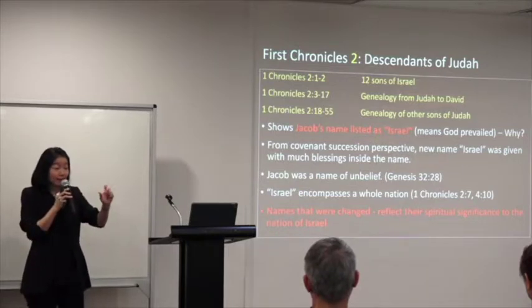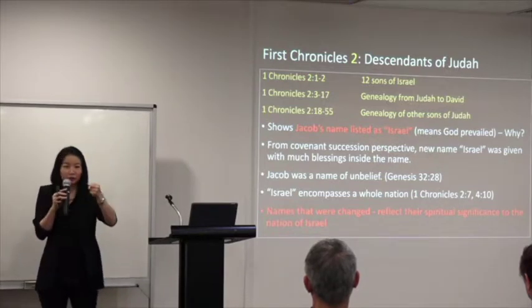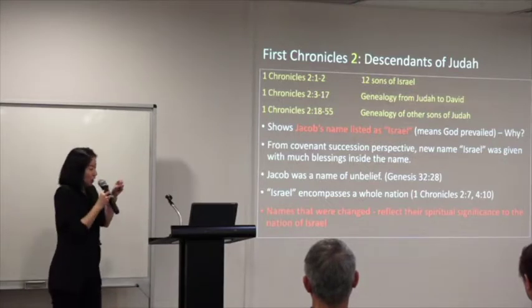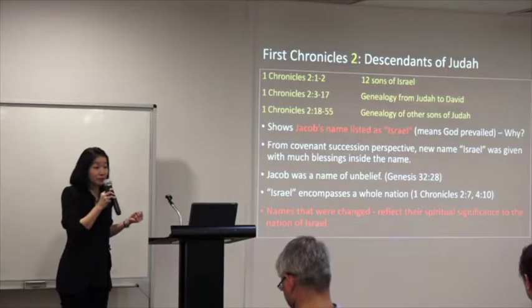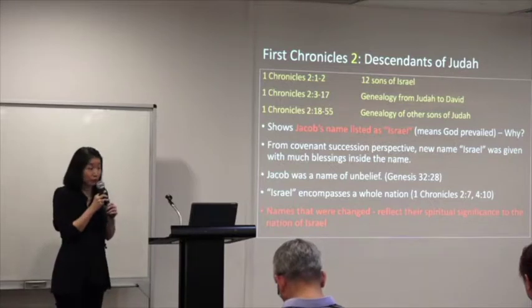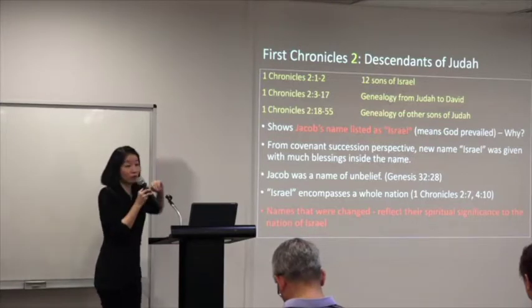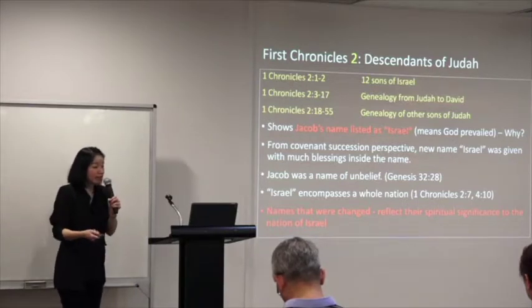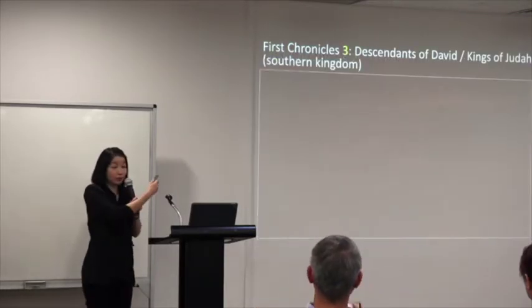This name swapping has a significance. The name Jacob has a bad, negative connotation, right? Like a heel grabber, someone who supplants, like a potong jalan person, right? In the drive. So this name Israel is totally different. It means God prevails. God was wrestling with Jacob. And then when Jacob did not let go, God gave a new name to Jacob, saying, "You are now Israel." So by stating in 1 Chronicles chapter 2 that the 12 tribes of Israel were born not from Jacob but from Israel, it tells us there's a spiritual significance to the nation of Israel. The task has changed now. God shall prevail.